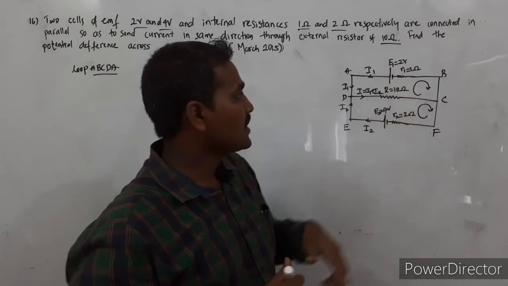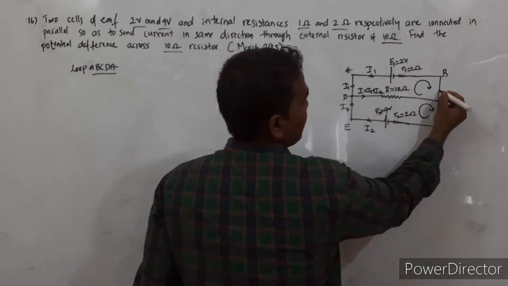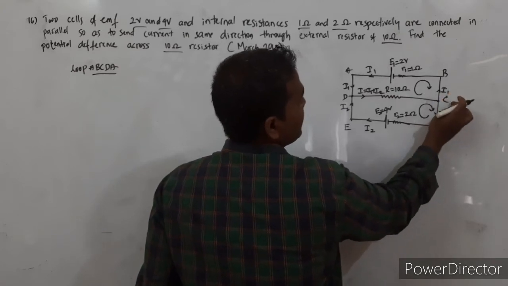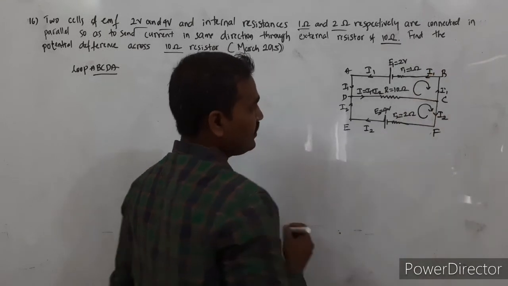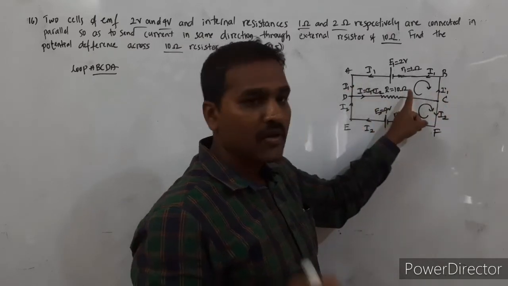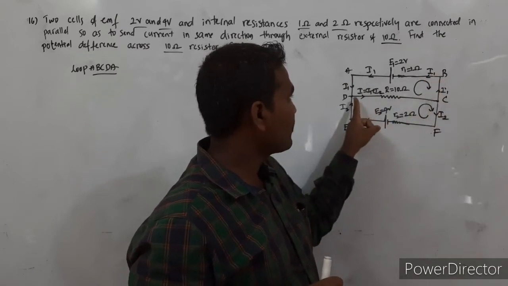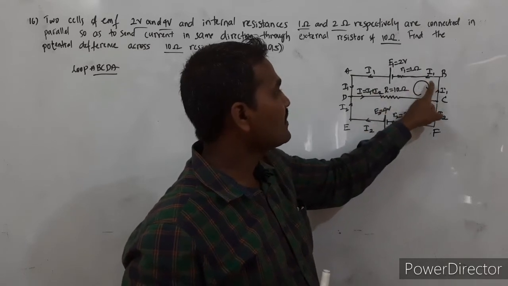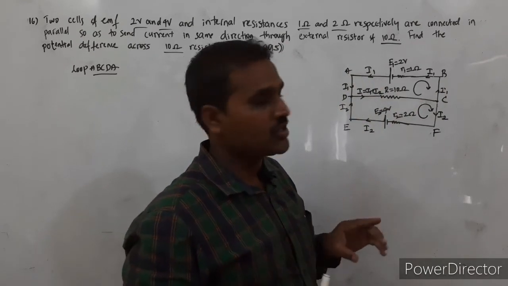Here, let us consider this is the total current. Again at this point the current gets divided: this is I1, this is I2. So I1 flows from C to B, B to A. So here I have current of I1. Look at loop A, B, C, D, A here. Our assumed direction of current is from A to B, B to C, C to D, and from D to A. But practically, the current I1 is flowing in anti-clockwise direction. It is moving from B to A. That is also possible.